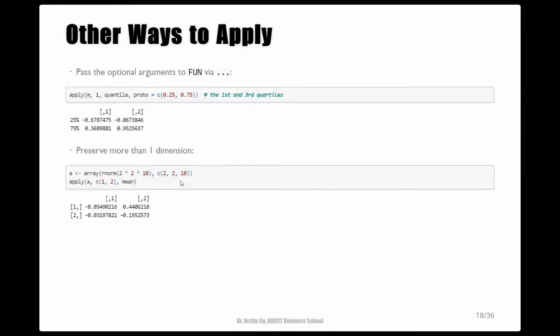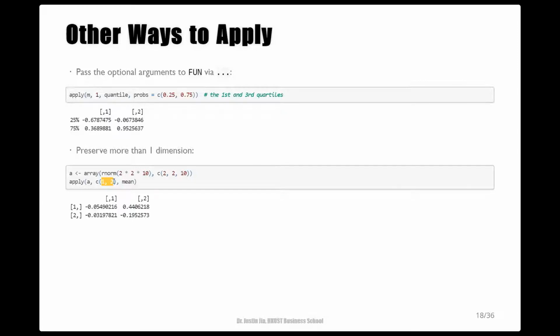And so I can call apply on this array, to keep the first and second dimensions, but collapse the third dimension. So here I specify margin to 1 and 2, meaning that I want to preserve the first two dimensions and collapse the third one.